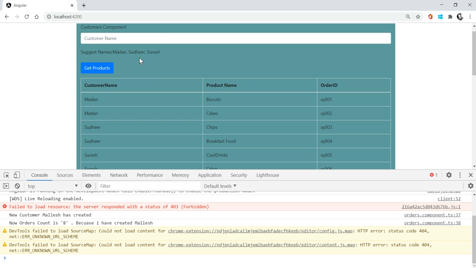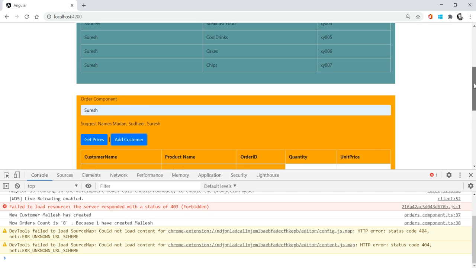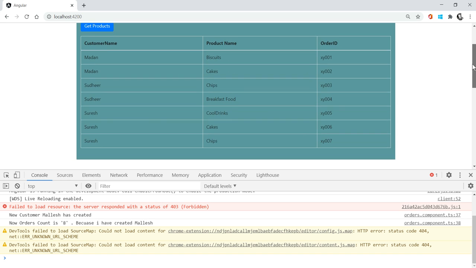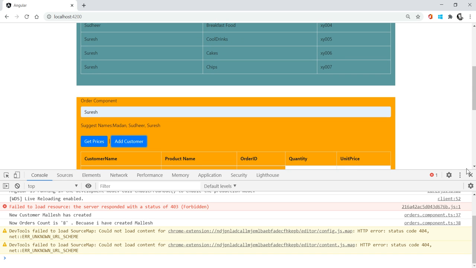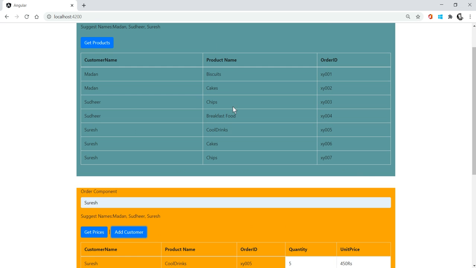See, imagine that in the customer component and the orders component, right now I don't have any relationship between these two components, but the order component and order details component have a relationship, that is the child component. So subscribing whenever emitting the data is very easy because these two components have a parent and child relationship. But if you follow the same pattern, it won't work out for the customer component. So how do I have to do that? Whenever I am triggering add customer here, whatever the data is, I wanted to show it in this customer component. So how do I have to do that?